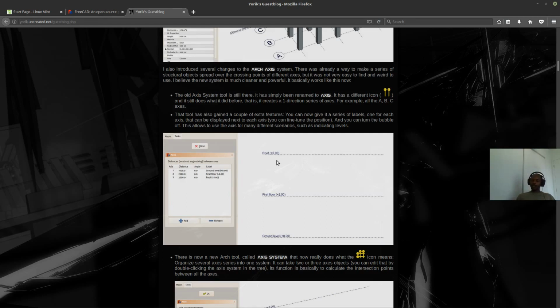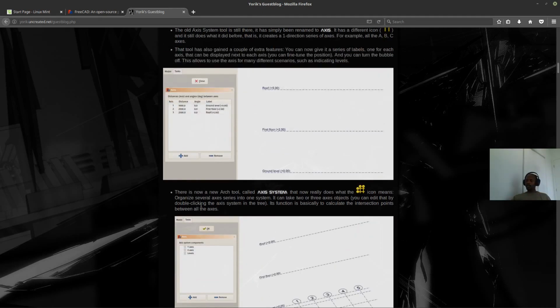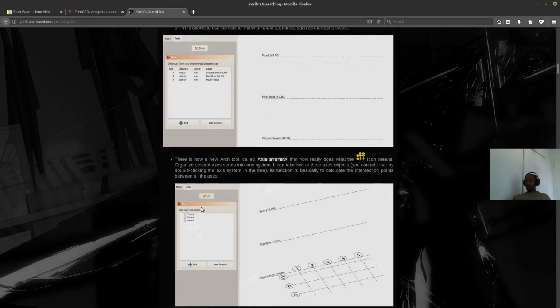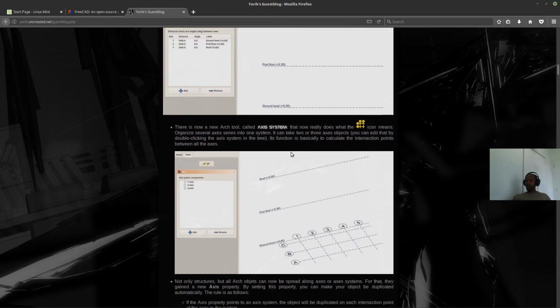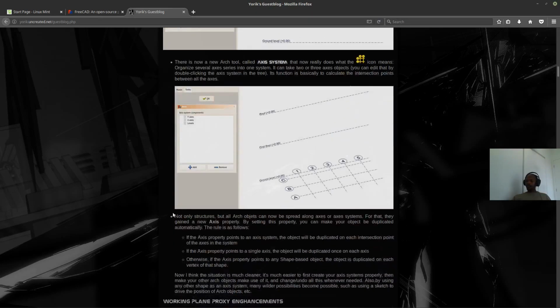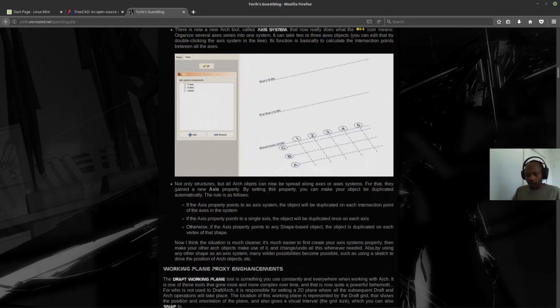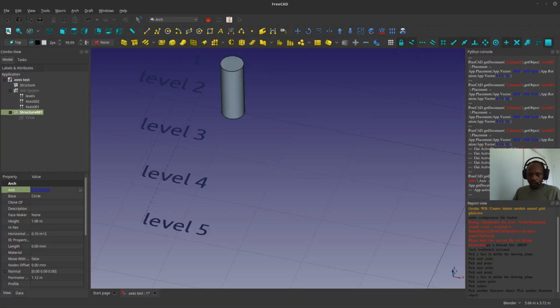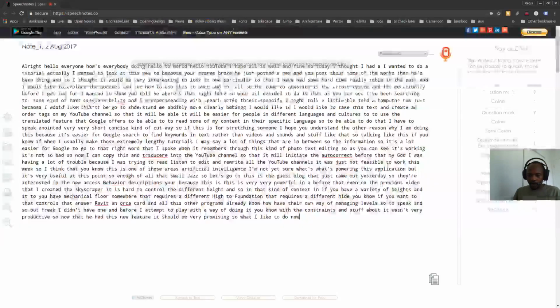And before, I used to attempt to play with a way of doing it with constraints and stuff like that, but it wasn't very productive. So now that he added this new feature, it should be very promising. So what I would like to do now is attempt to find a proper way to use it, because even though it might be straightforward, Freecad is one of those programs where I have to try and try and try before